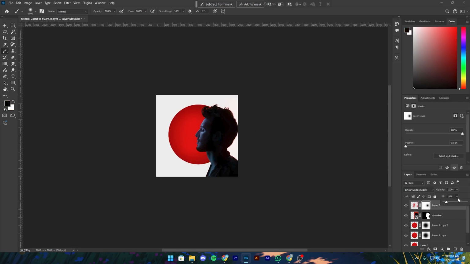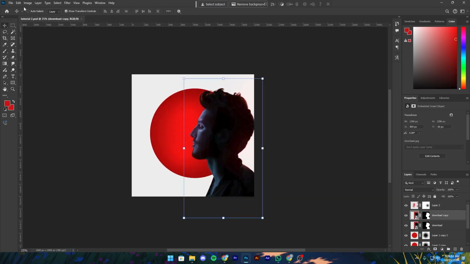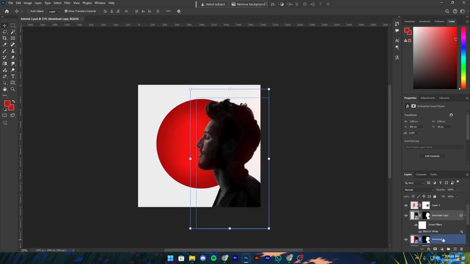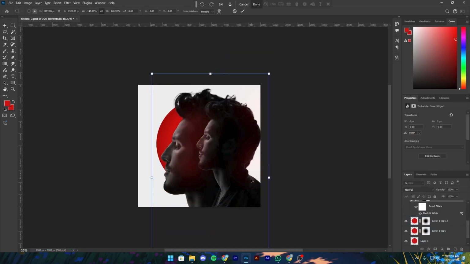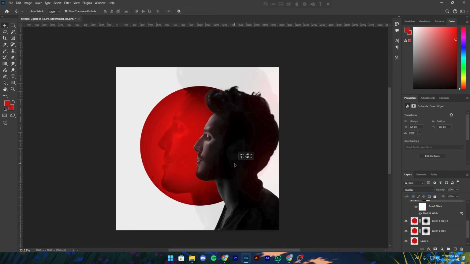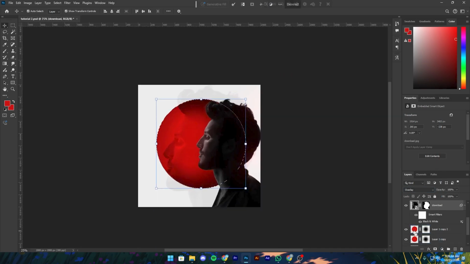Alright, that's it. Then I will just simply again duplicate this layer, make it black and white. That's it. And to the bottom layer, I will just again click on black and white. Then I'll just move it right there. I'll click on overlay, something like that. I'll click on this circle,